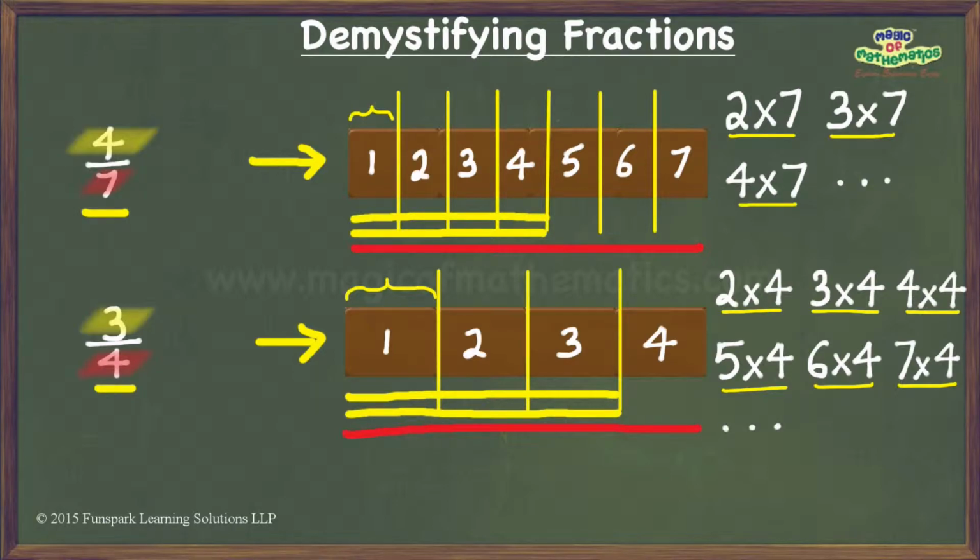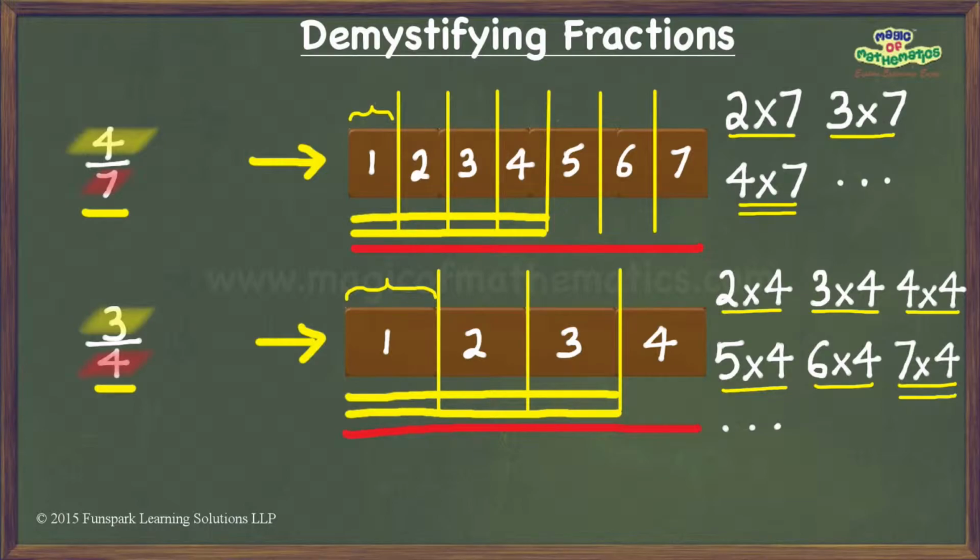We can clearly see that if we cut each of the 7 equal size pieces of the first chocolate into 4 equal pieces, we get a total of 4 times 7 equal size pieces. Similarly, cutting each of the 4 equal size pieces of the second chocolate into 7 equal size pieces results in a total of 7 times 4 equal size pieces. Since 4 times 7 is equal to 7 times 4, cutting the chocolates in this manner results in the same number of equal size pieces and hence the same piece size in both the cases. And this is what we wanted.